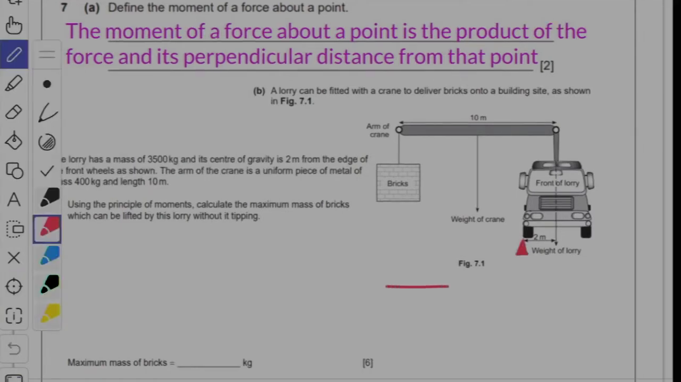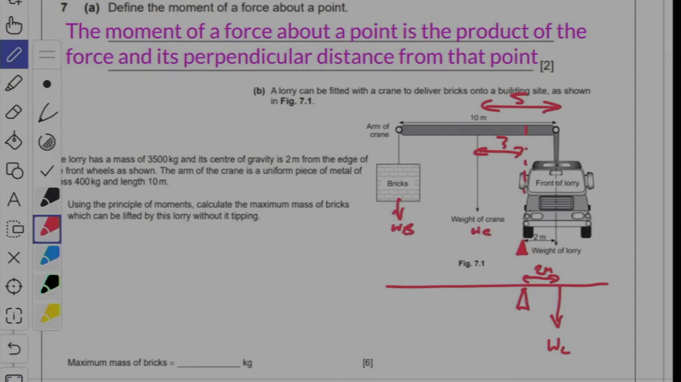Now if we redraw this as a simple moments problem with our pivot here, we can then add in all the forces and how far they are from the pivot. So the weight of the lorry is 2 meters from the pivot. If we continue up here, the weight of the crane acts at 5, which means that this is going to be 3 from the pivot. And the weight of the bricks, which will act here, is going to be 10 meters out, but it's going to be 7 meters from